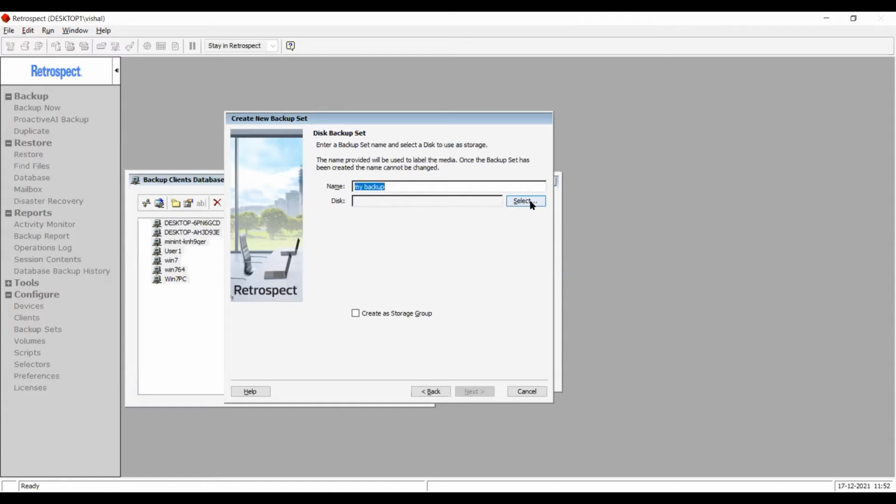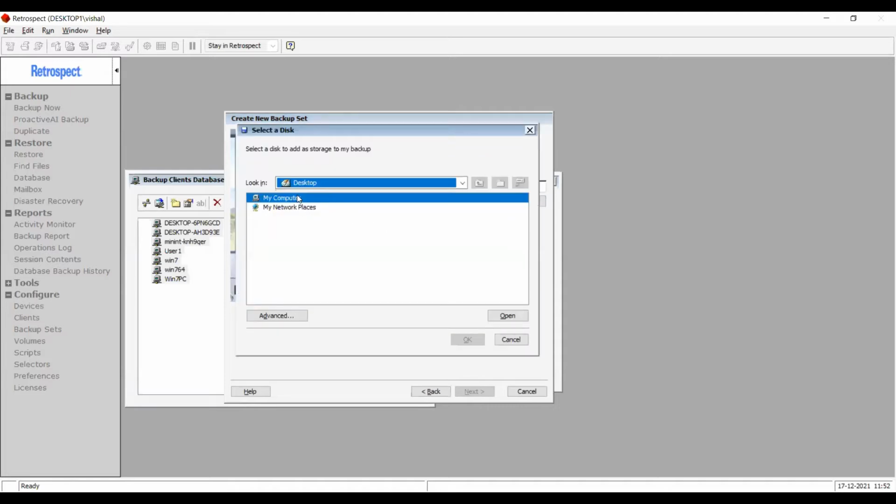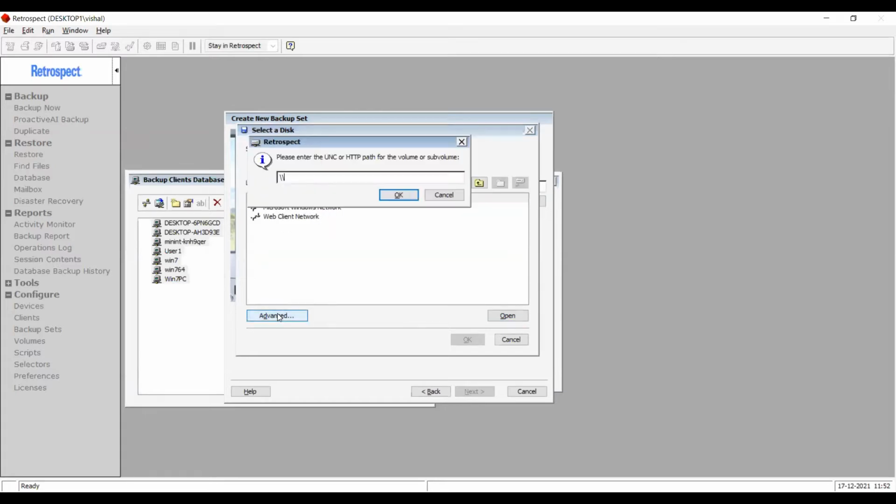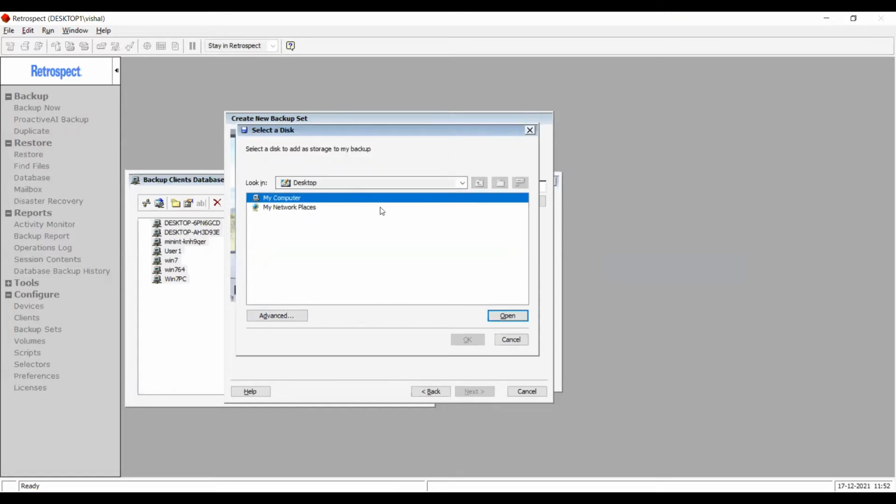So after specifying the name for the backup set, the next thing is to specify where you want to save the backup. And for that, you have multiple options. If you have a NAS device or any other network location, you can browse that through Windows networking. You can also use the advanced button to type in the full UNC path and directly access that resource. In this case, I'll stick to the local disk.